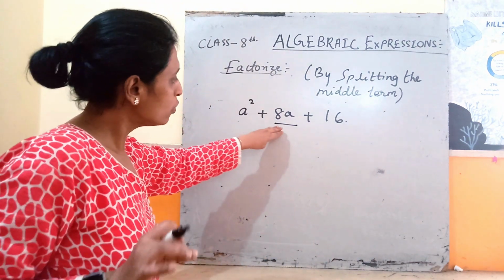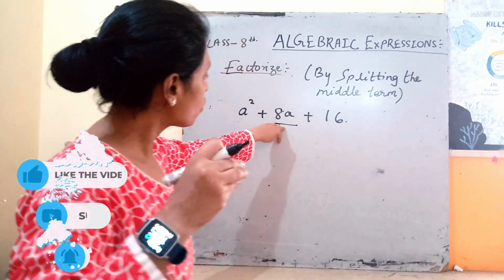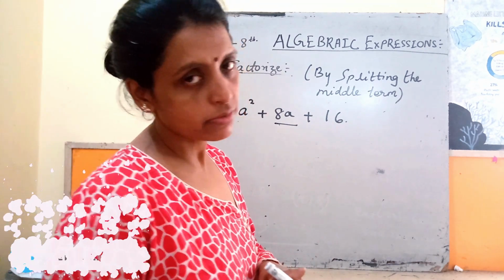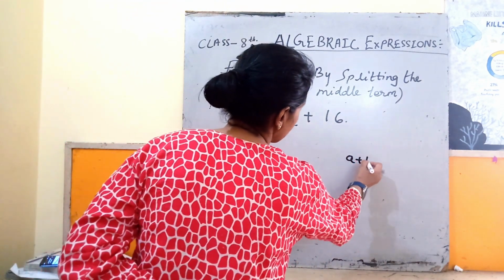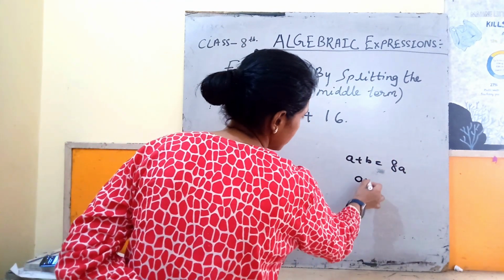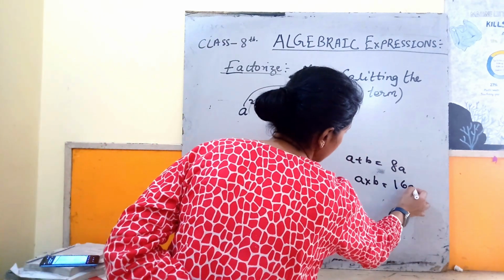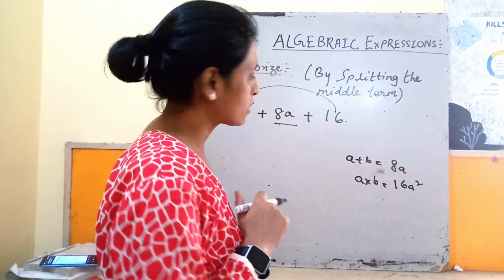Okay, so we have to split it into its factors. So we have to write this 8a as the sum of its factors. We have to find such factors such that a plus b should be 8a, and when we multiply the same factors we will get the product as 16a square. Okay, so let's see what factors we have to